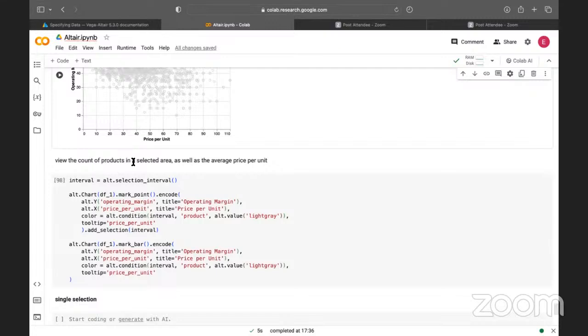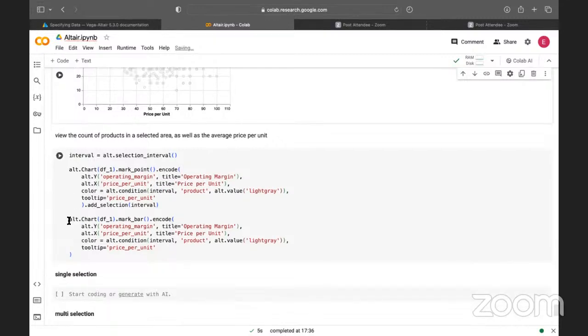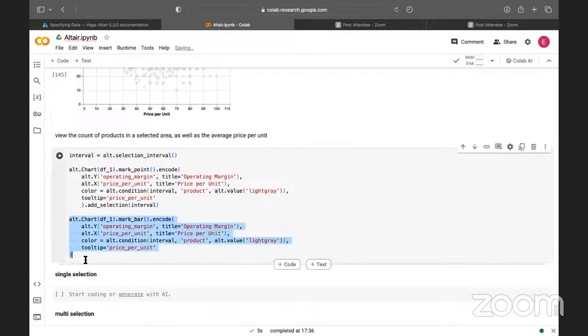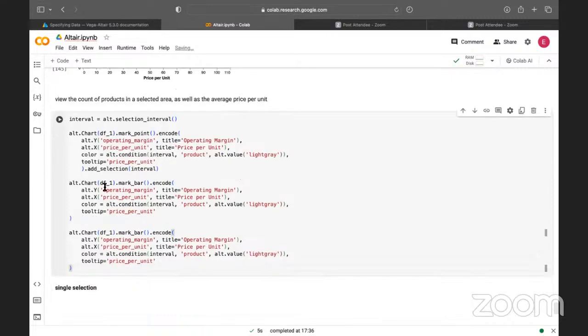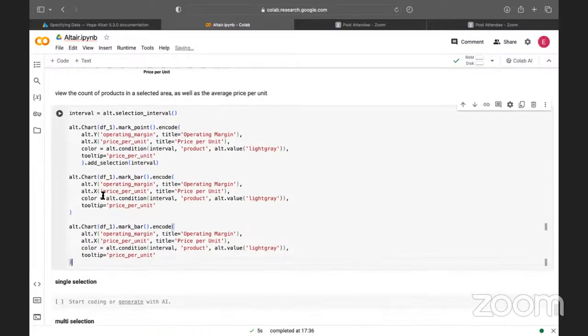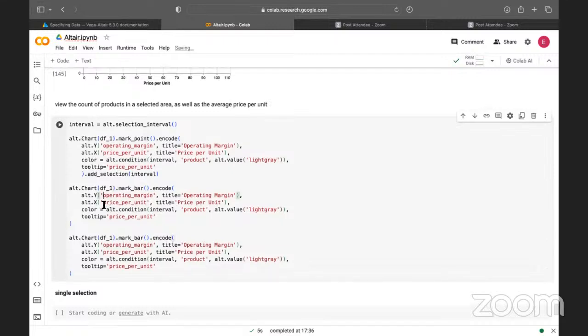I have two charts I want to plot. Two bar charts: count of products in a selected area, as well as the average price per unit. Okay. So for my x-axis, let's start with the x-axis is going to be product. Then I should specify product here as well. Then for my y-axis is going to be,